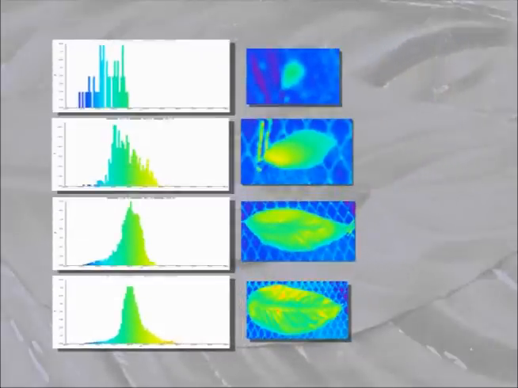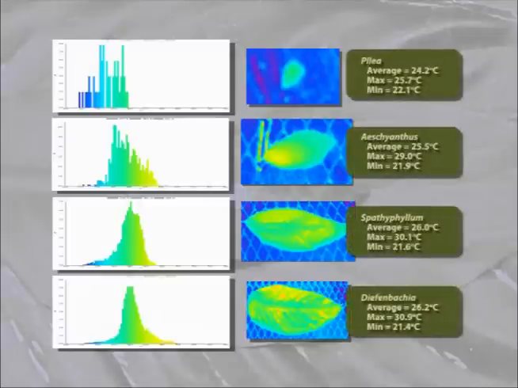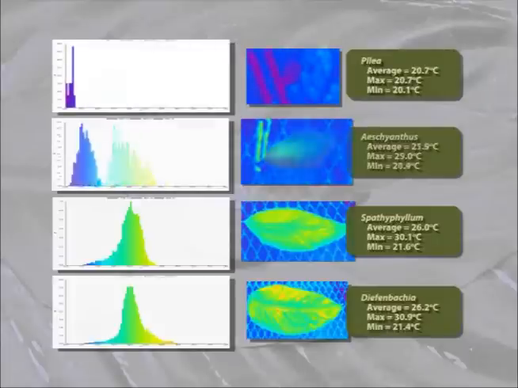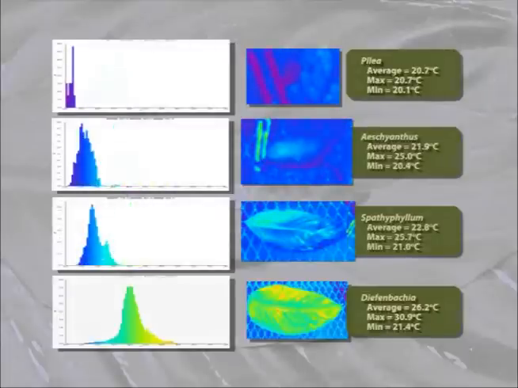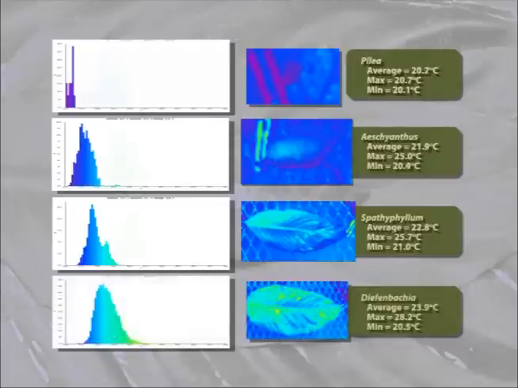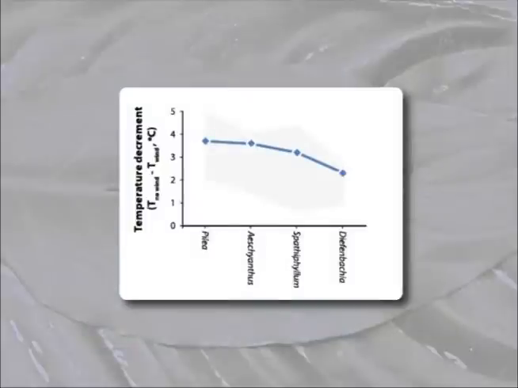The larger the leaf, the more it's heated up by radiation. Note also how the largest leaf develops some pretty hot spots near its center. In nature, these are areas that could overheat and perhaps suffer damage. And what does wind do? We'll blow air past a leaf at about 2 meters per second. Here are the leaf temperatures for Pilea, then Aeschynanthus, and Spathiphyllum, and finally Dieffenbachia. All the leaves cool down. That's to be expected. But here is the decline in average leaf temperature after turning on the fan.